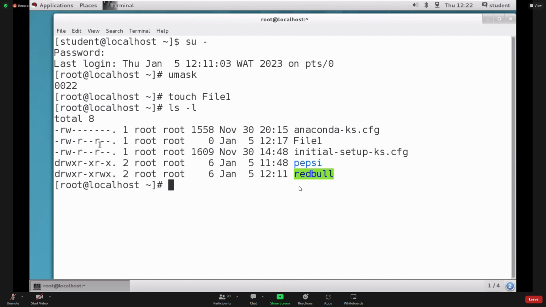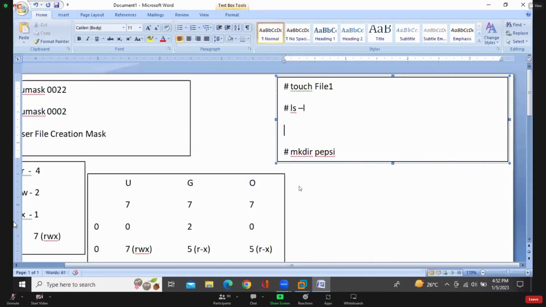What is the executable octal value? Executable octal value 1, right? So now can we say 7 minus 1? Directly a directory has the full permission 777, and a file has the default 666. 7 minus 1, 7 minus 1 and 7 minus 1. Right, guys? So 7 minus 1 means